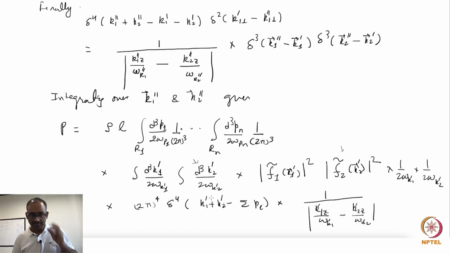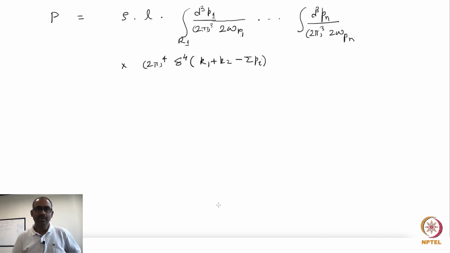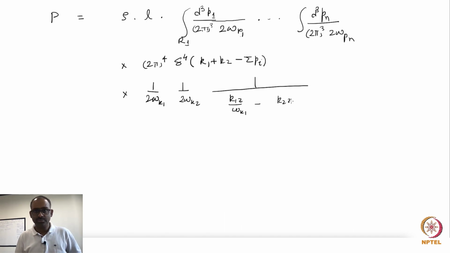That is this delta function where K1 prime and K2 prime have been replaced by K1 and K2, times 1 over 2 omega K1, 1 over 2 omega K2, 1 over K1z over omega K1 minus K2z over omega K2 modulus of that, times M of K1 K2 giving P1 to Pn, and we have to do a mod square of it,